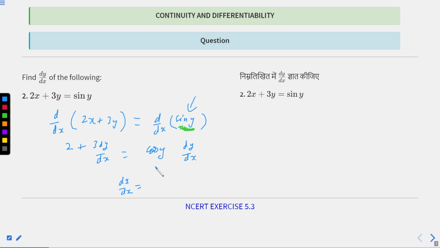Okay, so how are you going to manipulate? Very simple. It will be 2 divided by, you take this to the right hand side and you will get cos y minus 3. Okay, so the final answer or the derivative of this implicit function, you will get dy over dx is equals to 2 divided by cos y minus 3. Okay, simple,